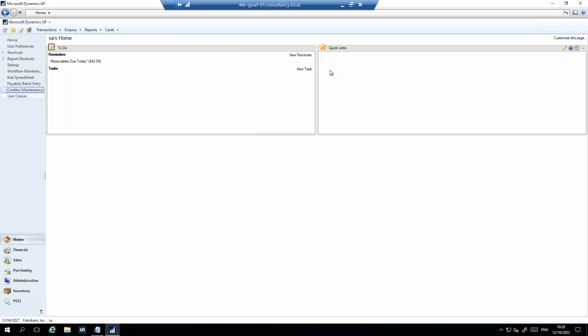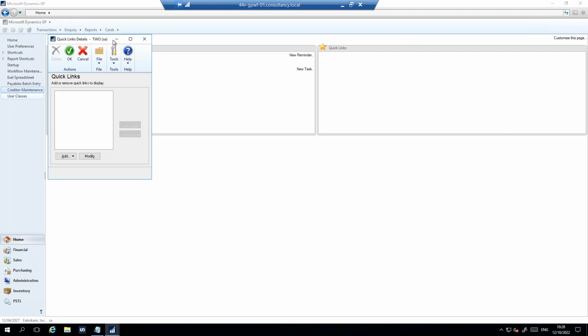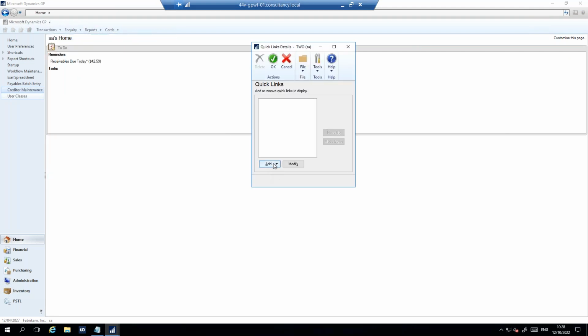With quick links, you add them yourself. There isn't an option to add quick links. But if you go in here and you click on this little pencil, so you see if I'm out of that pane, I don't get any shortcuts. When I go into the pane, there's my shortcuts. So I go into my little pencil,